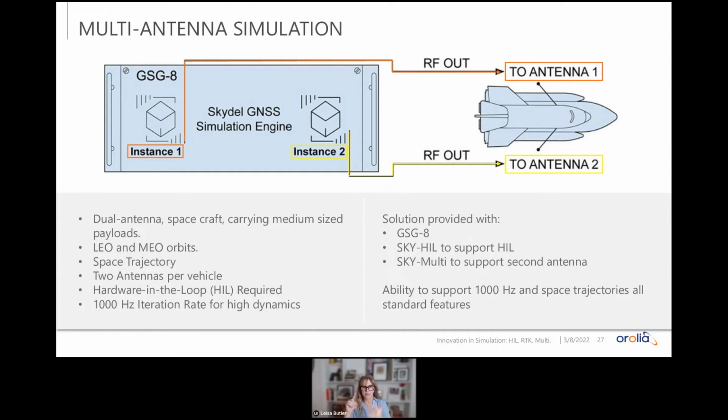So we'd have to add a time source, 2 GSG5s, one for antenna 1, one for antenna 2. And then for the second test bench, we need to do the same. But if we just had a Skydel based simulator, we don't need the time reference because we can use the